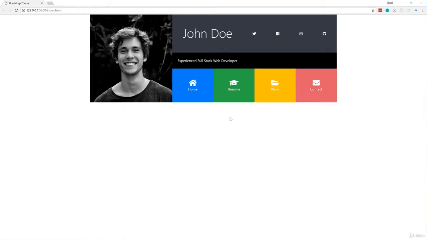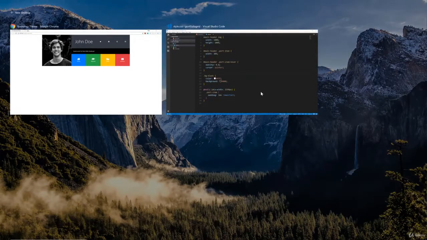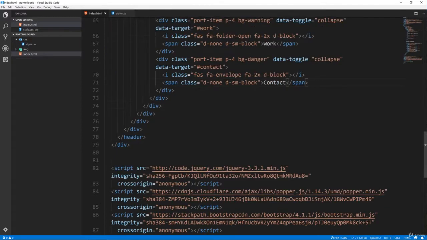Alright guys, so in this video we're going to start on the collapsible stuff, so the home page. But before we do that, I just want to quickly add the footer. Okay, we're going to have a pretty simple footer that I just want to add real quick. So let's go to our index and let's go,